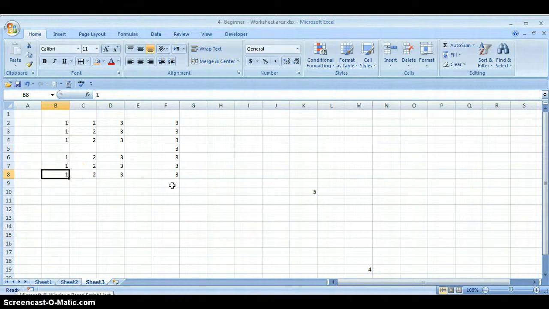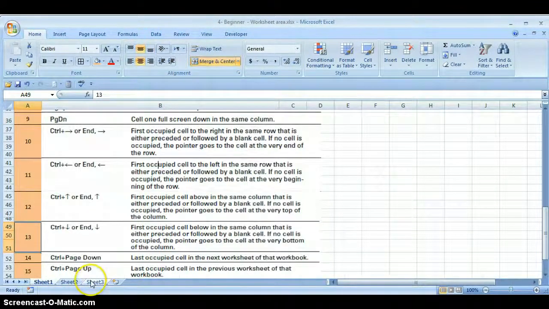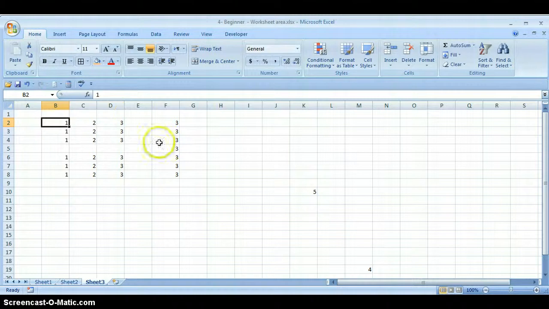If I am here, it will go to the first cell that is preceded by blank. Press again, the first cell followed by the blank cell, and press Control Up Arrow again, it will go to the first cell preceded by the blank cell. What is the objective of this? It is very important for large